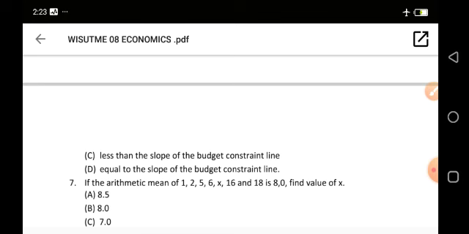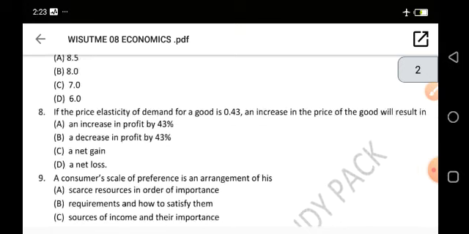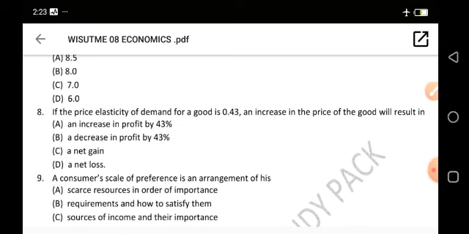Now we're adding together, equal to 80. So as a good mathematician, you should be able to get the answer. So the answer to that question will give you B. That will take us to question 8. If the price elasticity of demand of a good is 0.43, an increase in the price of the good will result in